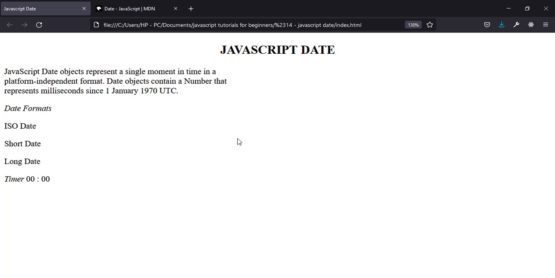Okay, guys, so let's talk about JavaScript dates. So, what is a JavaScript date? JavaScript date objects represent a single moment in time in a platform independent format. A Date object contains a number that represents milliseconds since January 1st, 1970 UTC. So it will calculate the number of milliseconds from January 1st, 1970, and use it